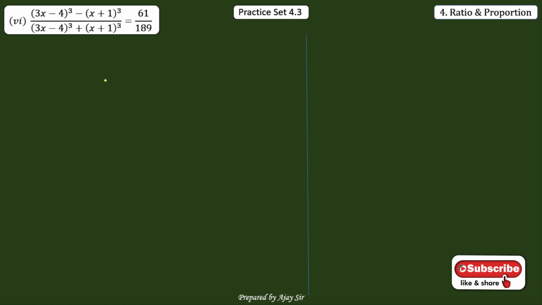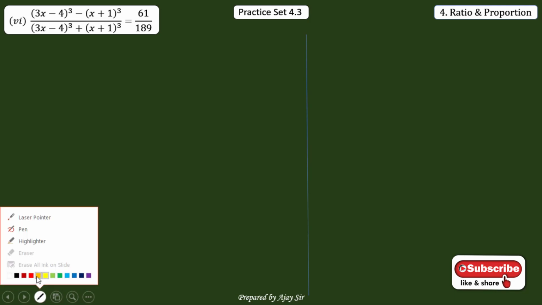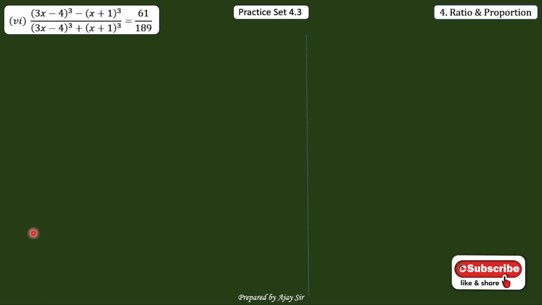Observe this question carefully. After observing, you will see that here is the minus sign and here is the plus sign. Normally the plus sign term is in the numerator and the negative sign term is in the denominator. So we have to shift the numerator to the denominator, and the full denominator term to the numerator. Which property are we using here? Here we are using invertendo. You have to invert this first, then apply the property.